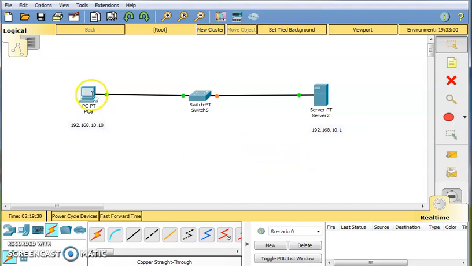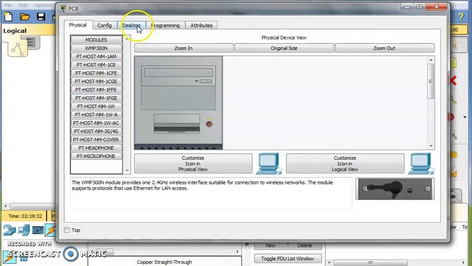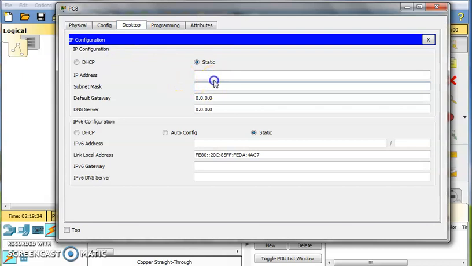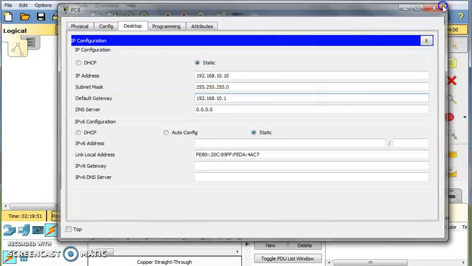Let's configure this IP address. Stop IP conversions. 192.168.10.10. This is a gateway. Let's add the gateway also, 10.1.